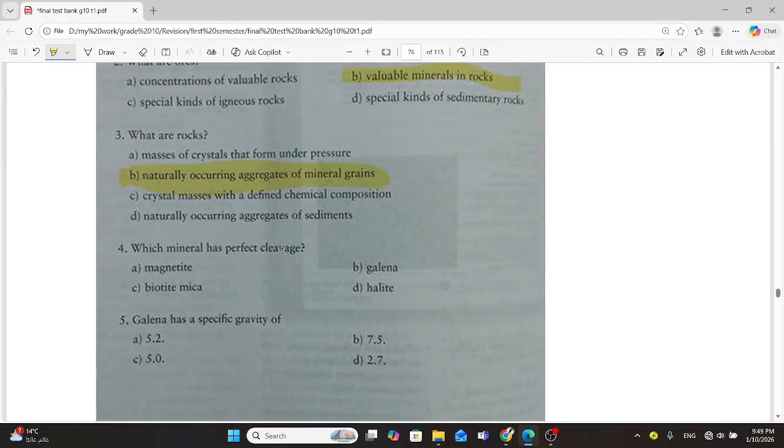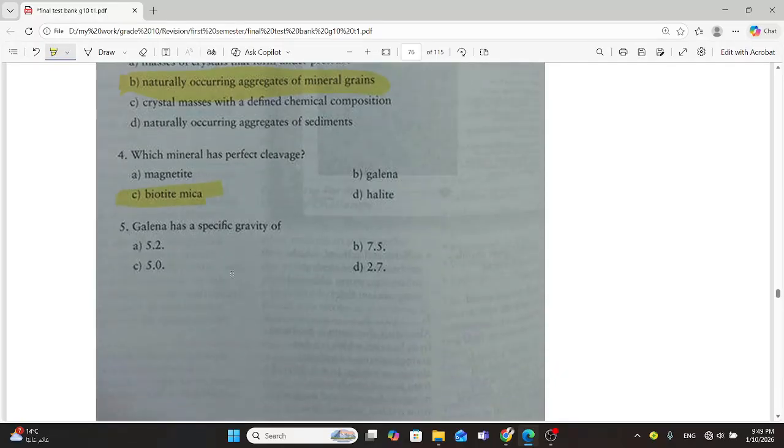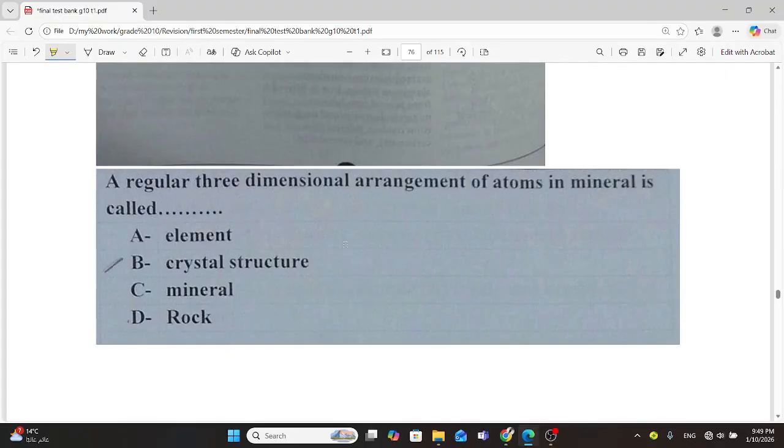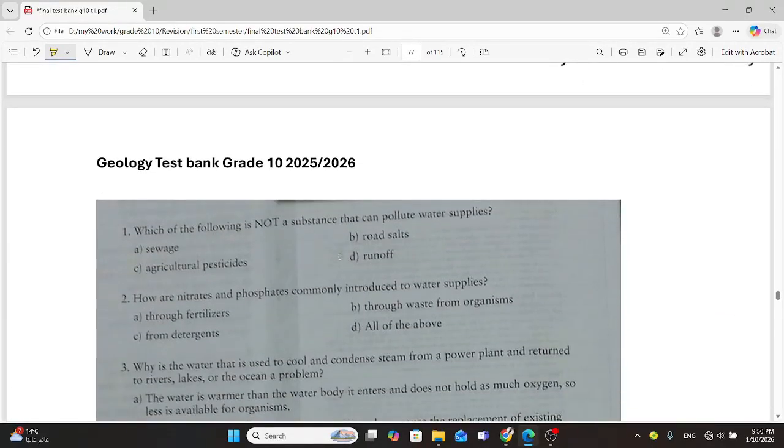Which mineral has perfect cleavage? Biotite, mica. Okay. Galena has a specific gravity of 7.5. A regular three-dimensional arrangement of atoms in a mineral is called crystal structure. Which of the following isn't a substance that can pollute the water supply? Sewage, or wood salt, or architecture